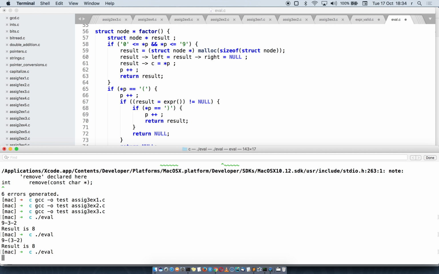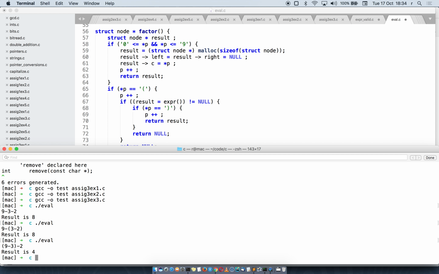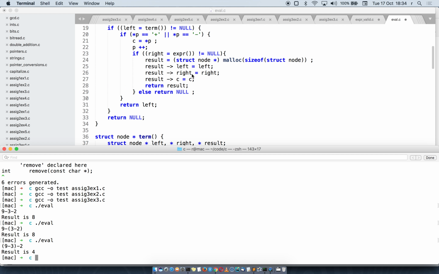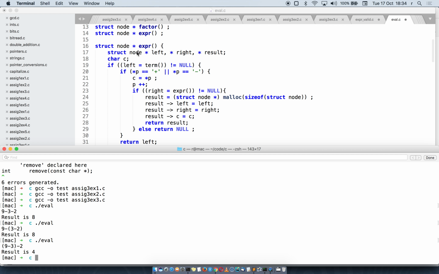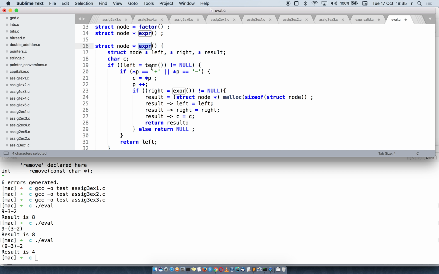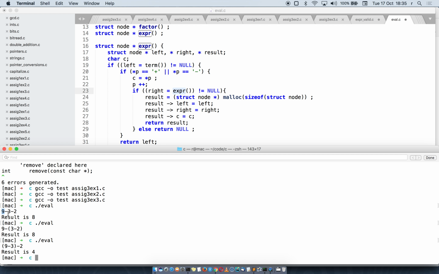Whereas if we were doing (9 minus 3) minus 2, we would get the correct result, right? Why do you think that happens? Yes? Does it consider 3 minus 2 as an expression? Yes, very good. So remember how we are evaluating right at this level, right? So the expression is a term followed by an expression. So when it looks at this string, it will say, oh, I discovered a term, and now I'm waiting for